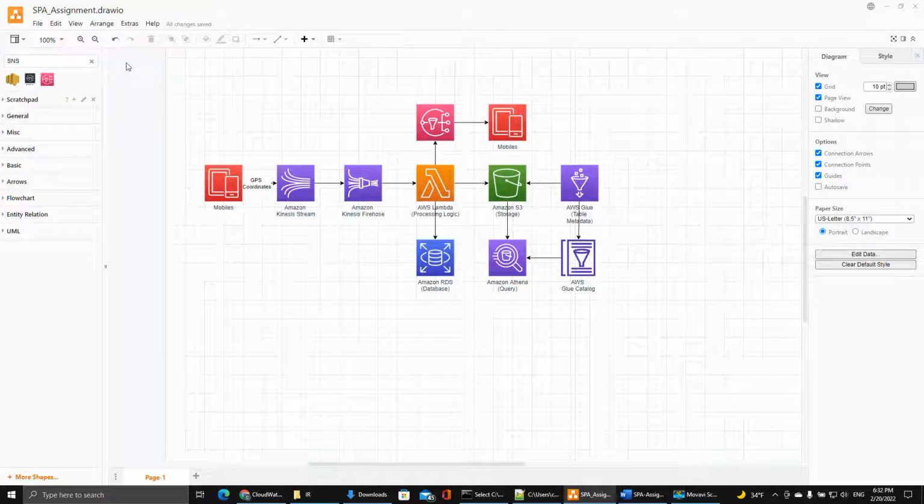Hi, this is Chintan, and I have Himanshu and Vasanthi as well with me, and we are working in one group for the SP assignment. Now, as you can see on the screen, this is the architecture diagram for the real-time streaming system